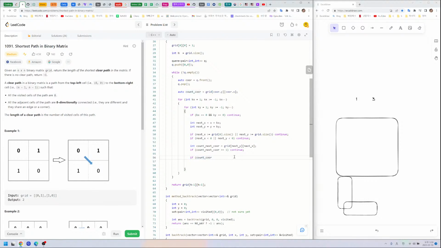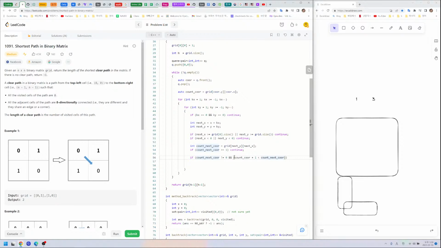Or if count this is not 0 and the count coordinate is smaller, then next this should be +1. +1 is smaller. The next coordinate,